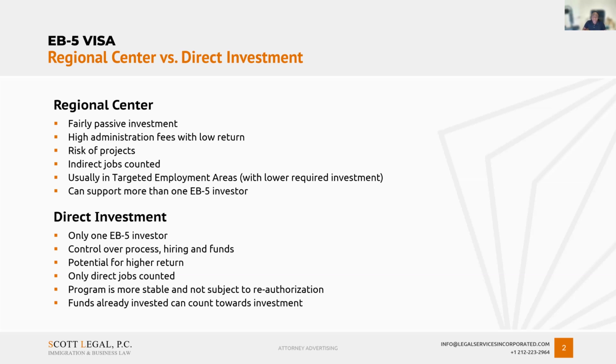These are projects. So a regional center would be, for example, let's say that a hotel chain wanted to raise investor funds through the EB-5 program. They could do that, and they could collect $800,000 from each person, and they would be responsible for creating the jobs. And we'll get into that in a bit more detail. That is the way that 90% or so of the people who invest in the EB-5 program invest, through the regional center.